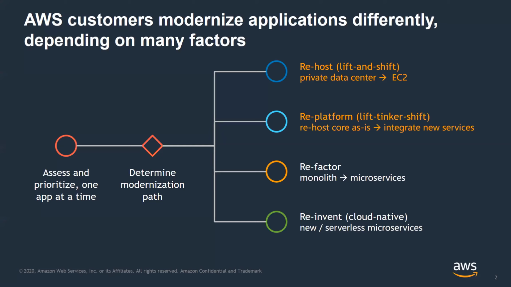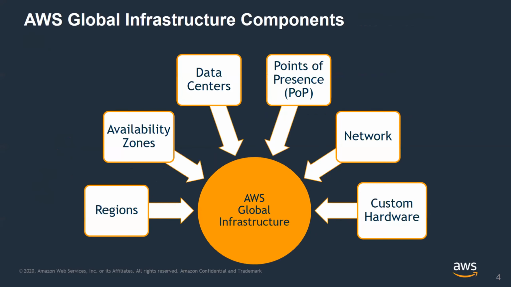So most people do this, and then what they'll often do is expand around the edges. They'll look at integrating new cloud services into their existing stack in a piecemeal fashion. So what I really want to focus on is what in the AWS world makes it fascinating and cool to deploy a lot of database workloads into it. I want to start by talking a little bit about the global infrastructure.